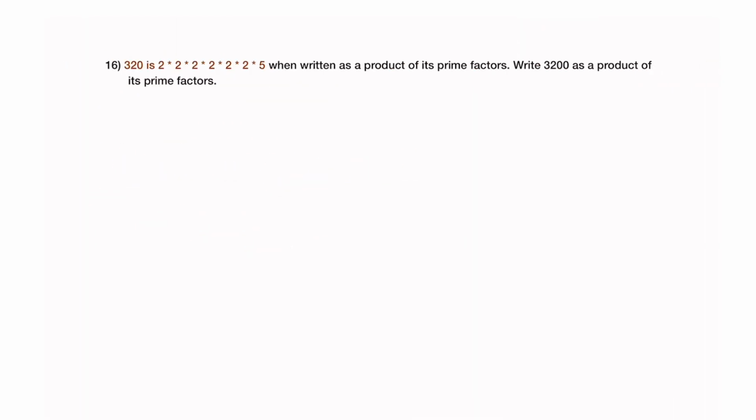320 is this. When written as a product of its prime factors, write 3200. So 3200 will be what? 320 times, we are using this because we know the factors for that, right? So we'll have to do times 10. So what's additional here? This times 10, which is 2 and 5, right? Those are the prime factors for that. So we say that